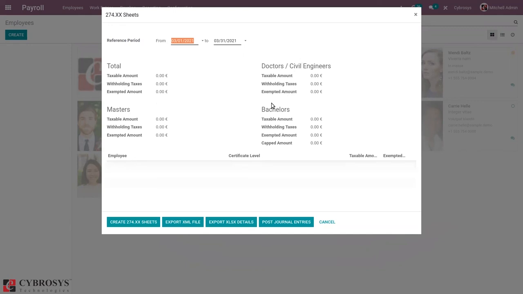So you can see different qualifications here, and you will also be able to see the employee lines with a certificate label and the total amounts, that is taxable amount and exempted. From here, it's possible to create the 274.XS sheet, and we can also export this sheet as an XML file or XLS file, and we can also post entries. That is, we can post the journal entries using this button. So we can file the withholding tax return using this form.